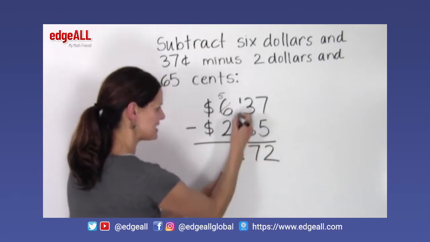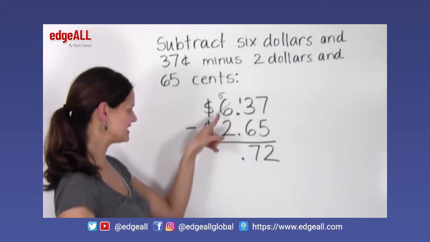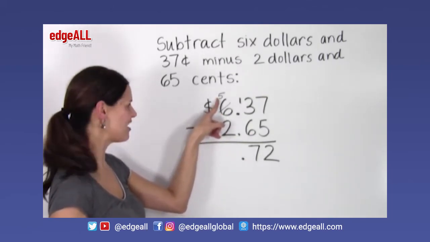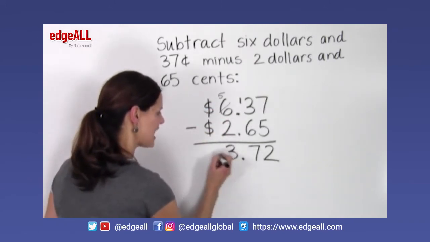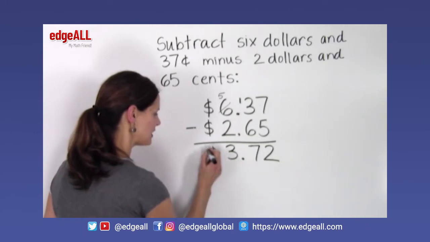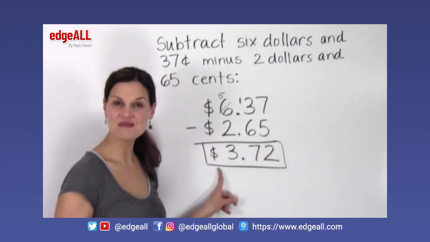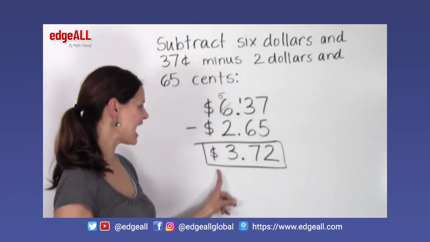And then I line my decimals up, so I need to make sure I have a decimal here in my answer. And since I borrowed 1 from this 6, I noted that it was a 5 now. And I do 5 minus 2 is 3. I want to make sure that I put my $ sign in front to denote that I'm working with money and make sure that I know that my answer is in money. And it's